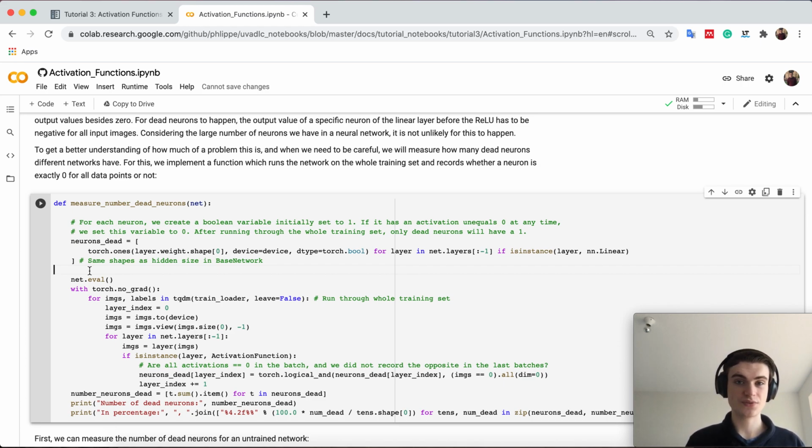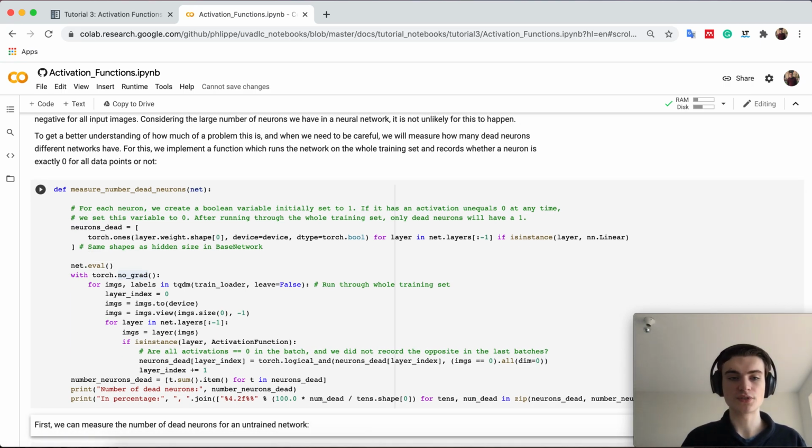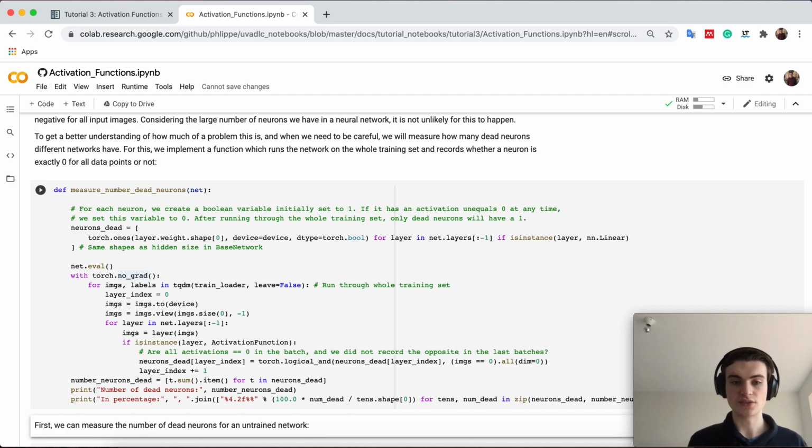And if we get neurons which are 0 for every possible input in the training set, we know this one is a dead neuron. And we measure it here to then see, okay, in our network, how many dead neurons do we actually have? So how serious is this problem? It's again just a bit of code in PyTorch, feel free to take a closer look, but it's not, let's say, too exciting or too different than